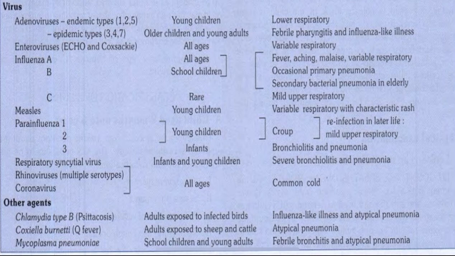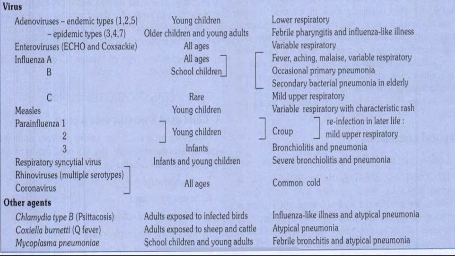Moving further to the viruses, the adenovirus, which has endemic types 1 to 5. How can you remember that? Endemic types 1, 2, and epidemic types 3, 4, and under endemic we have 5, and epidemic we have 7. 1, 2, down you have to write 3, 4, 5 and 7. The endemic types 1 to 5 will affect young children especially, and present with lower respiratory tract infections. Epidemic types 3, 4, 7 will affect older children and young adults, and they present with febrile pharyngitis and